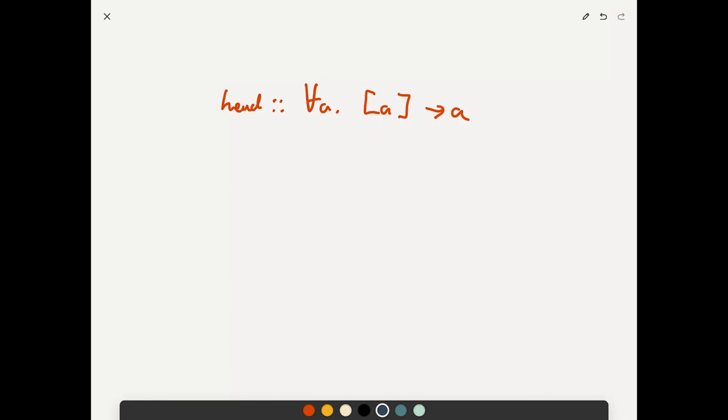Head is of type for all A, list of A to A. I could not implement head by saying, okay, head takes in a list and returns 2. This is not possible because